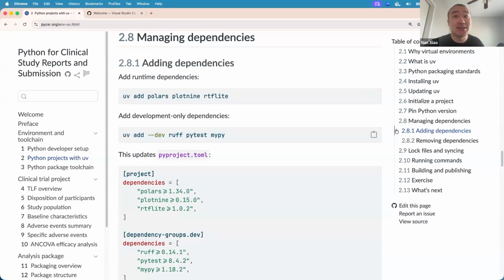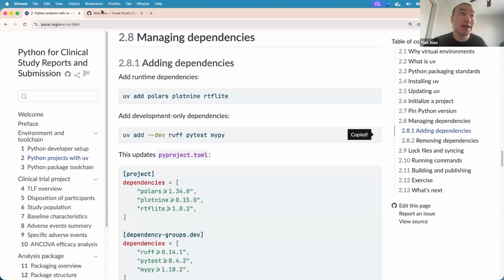And then you can also add similarly development dependencies that are only useful for development. For example, you want to add the ruff dependency as a code formatter and linter, and maybe also you want to create some unit tests for packages using pytest, right? And you want to have some static type checks for packages.